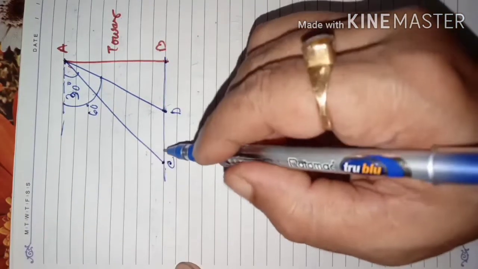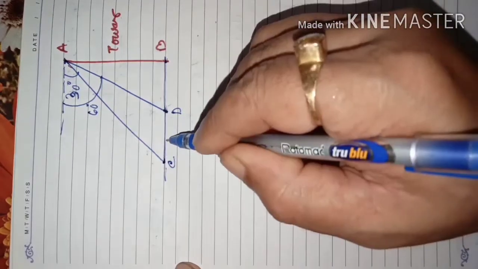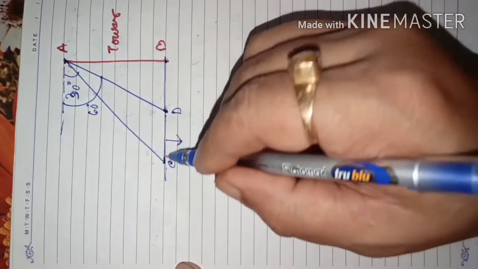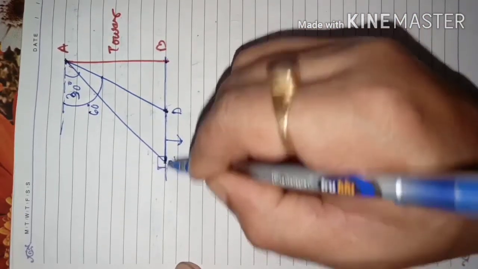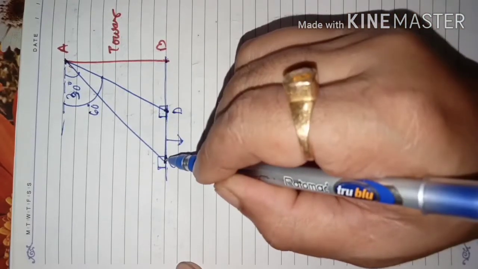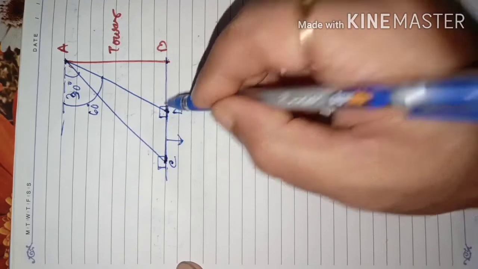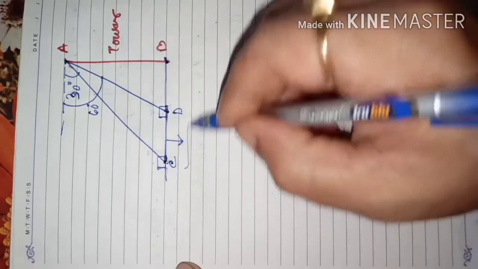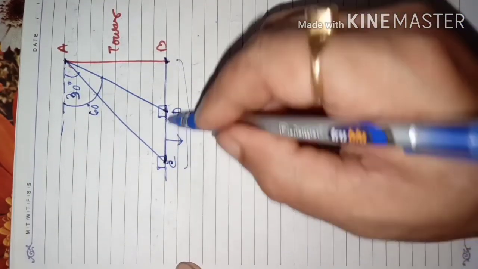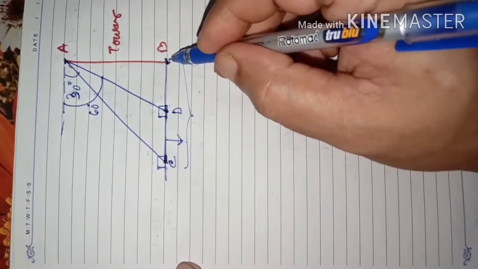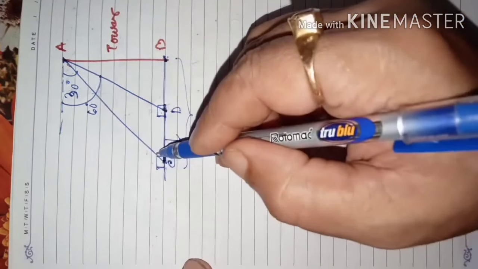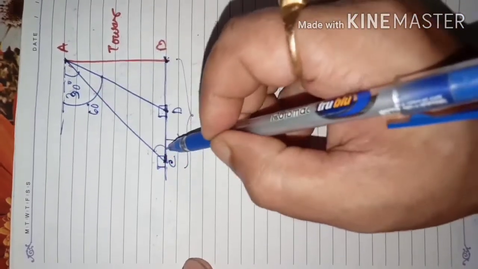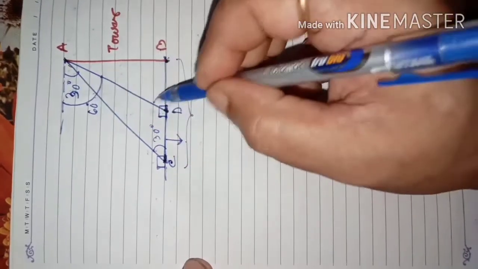Now the question is here, after 6 seconds, this is the distance traveled by the car. Car was moving from here to this side. After 6 seconds, the car is from here to here. Then to reach the foot of this tower, from this point C to B, how much time will it take? CD distance is covered in 6 seconds. Then CB distance will be covered in how many seconds or how many minutes? That is the question. You are given this angle is 30 degree, and this angle is 60 degree.